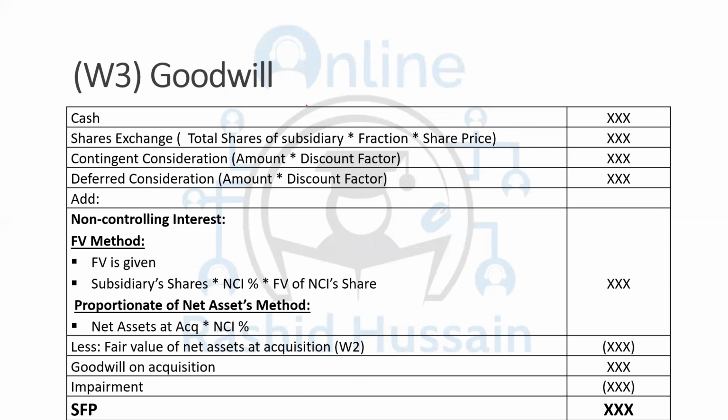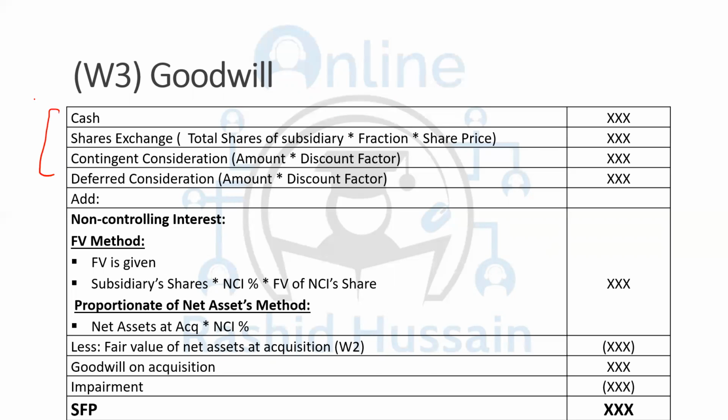Now we have already discussed this thing, that goodwill either can be a positive thing or negative. Positive goodwill means you have paid more than the net assets, and that should be recorded as an intangible asset within the non-current assets. The negative goodwill is when you have paid less than the net assets, and that is the income which should be recorded within the consolidated statement of profit or loss. Now, what is the formula to calculate the goodwill? So first of all, you need to take the